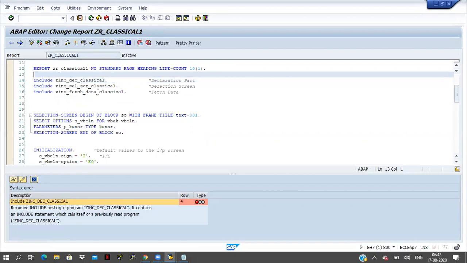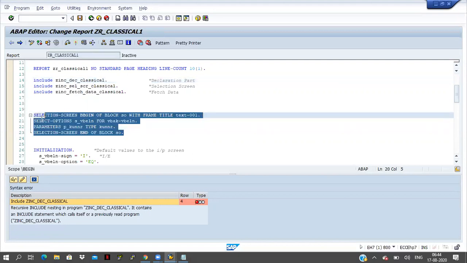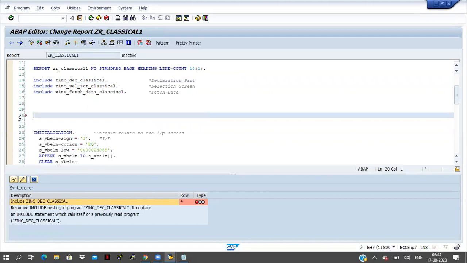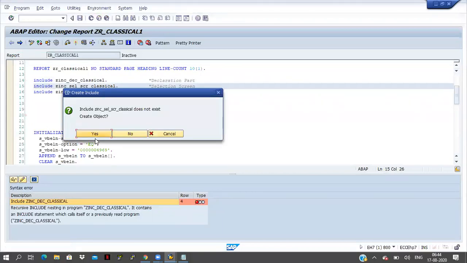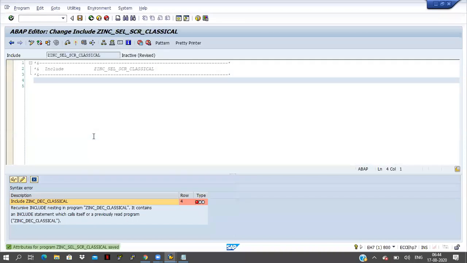Here this is for the declaration part. I cut the code and pasted it in the declaration include. Now the selection screen is coming, so I will cut this one also. I cut the data code and I will go for the selection screen part. Click on the save button. I will paste the code here.